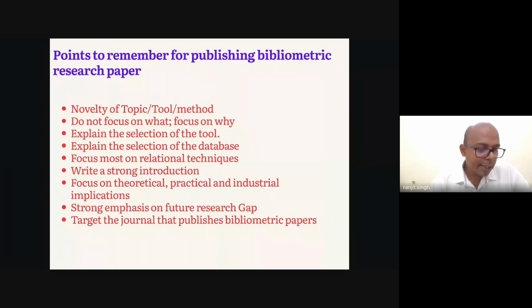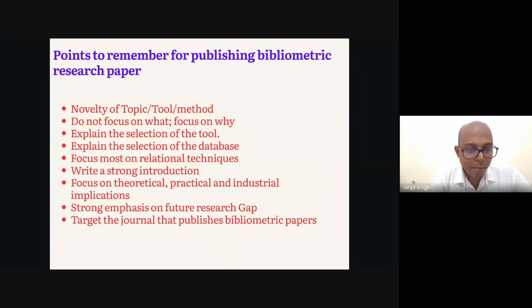And generally, the A, B, C categories publish bibliometric papers, but A star journals are very limited. If you want to publish there, you have to be experienced, have foundational knowledge in that field, have more than 20 or 30 years of experience and be prominent; only then will they consider it. And if you are an early career researcher, you can see a lot of IIT and IIM scholars